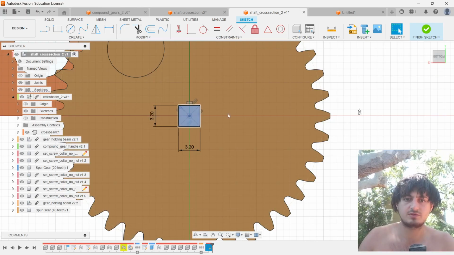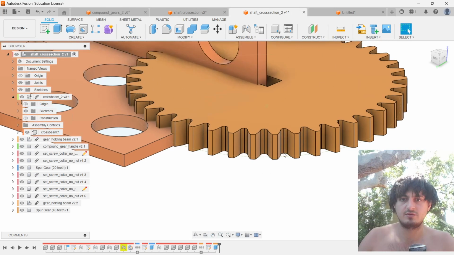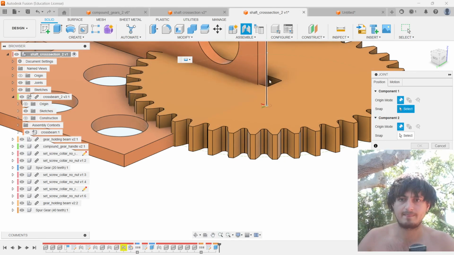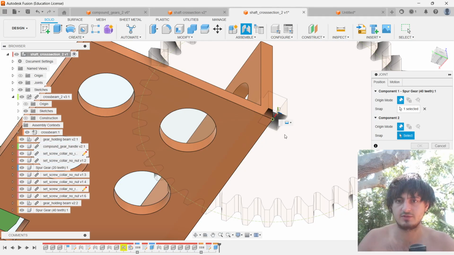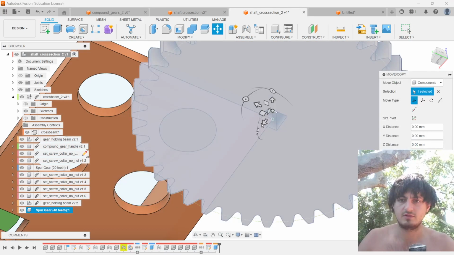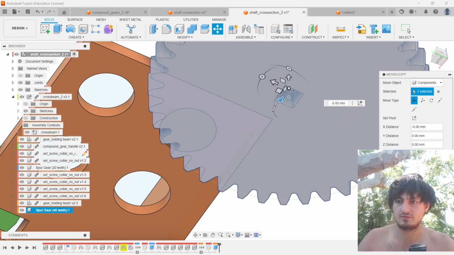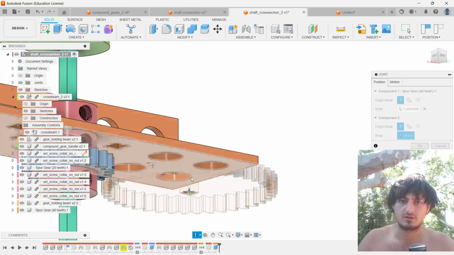Okay, then we want to extrude this to here. Okay, then we want to... hopefully that's the... nope. So let's take this, move it over a little bit. Okay. Joint that to